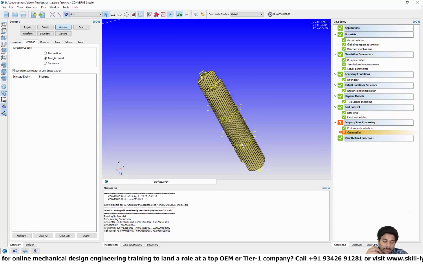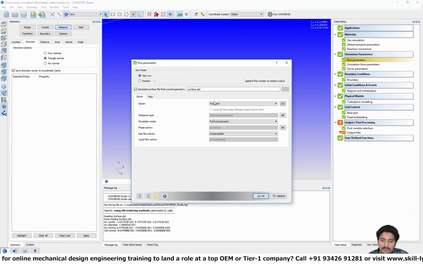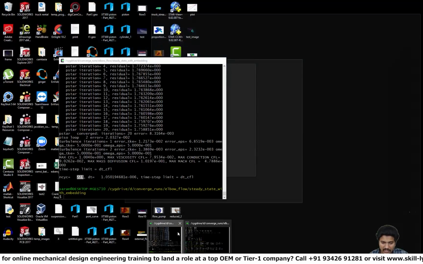Whenever you set up a transient case that involves a moving boundary, it's a very good idea to make sure that the mesh generation process takes place correctly. To do that, in run parameters there is a simulation mode called no hydrodynamic solver. This is not going to do the CFD part. It's going to just create the mesh for each and every time step, so this process is relatively fast. I can either select no hydrodynamic solver here and export all of my input files, or I can open up my